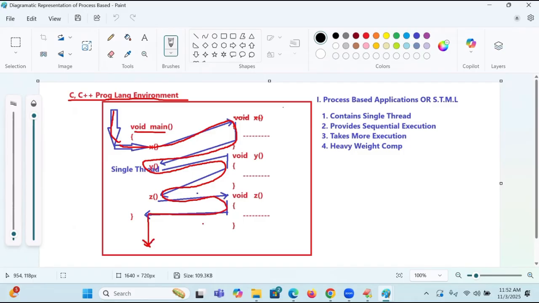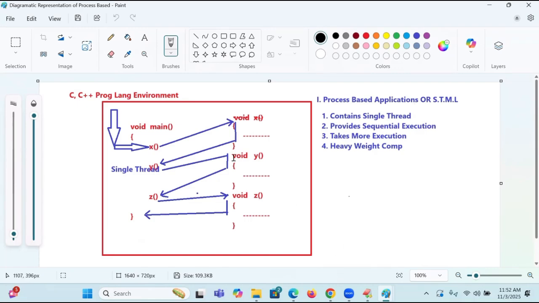This is known as sequential execution. It contains a single thread, takes more time, and is a heavyweight component. Single threaded languages are process based applications. Understand? Right.